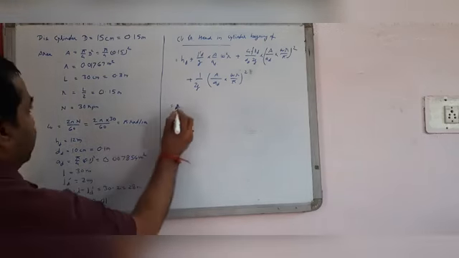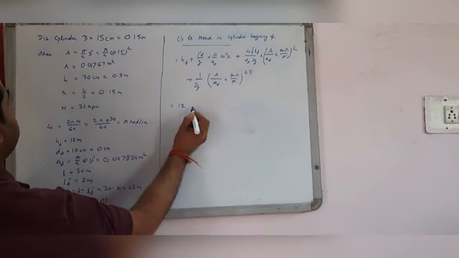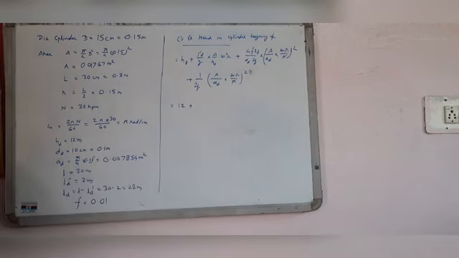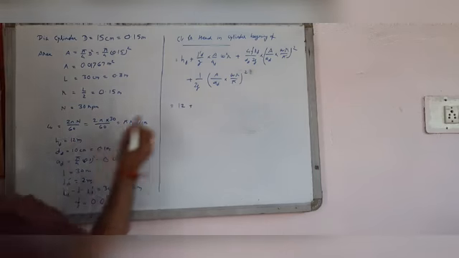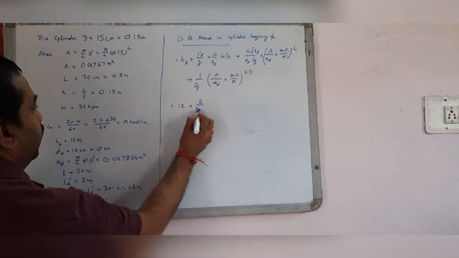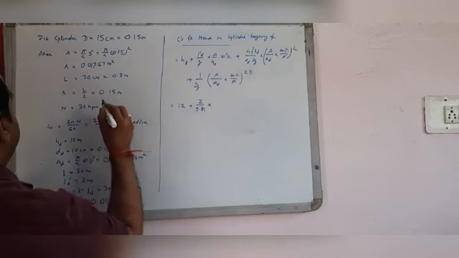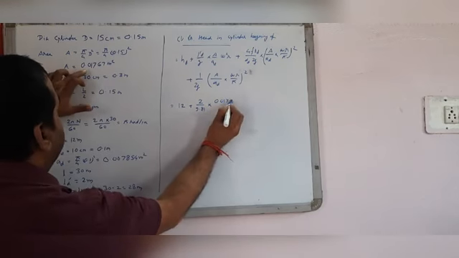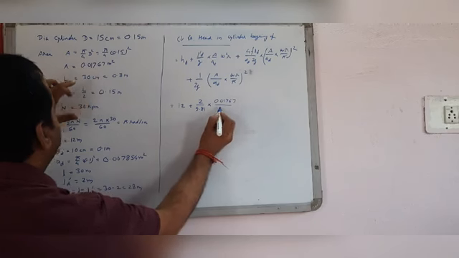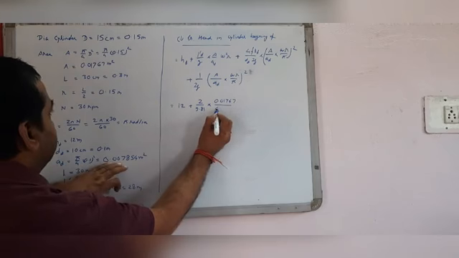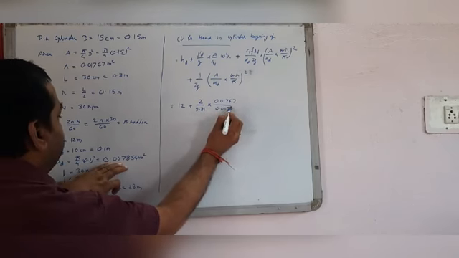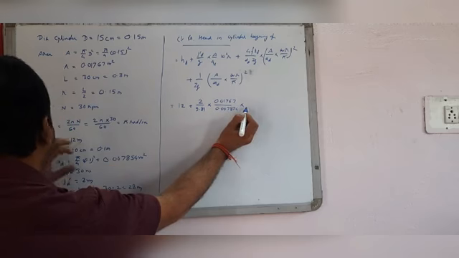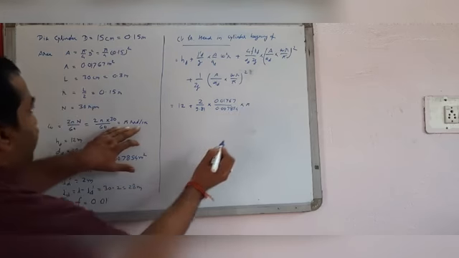Putting the values here, HD is 12 plus 2 by 9.81, into area we have calculated 0.01767 by this small area 0.00784, into omega we have calculated, this is pi radian,